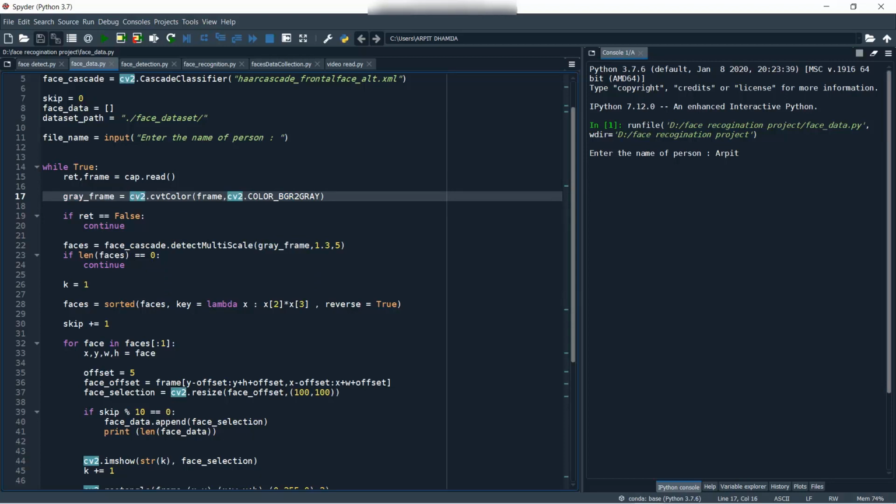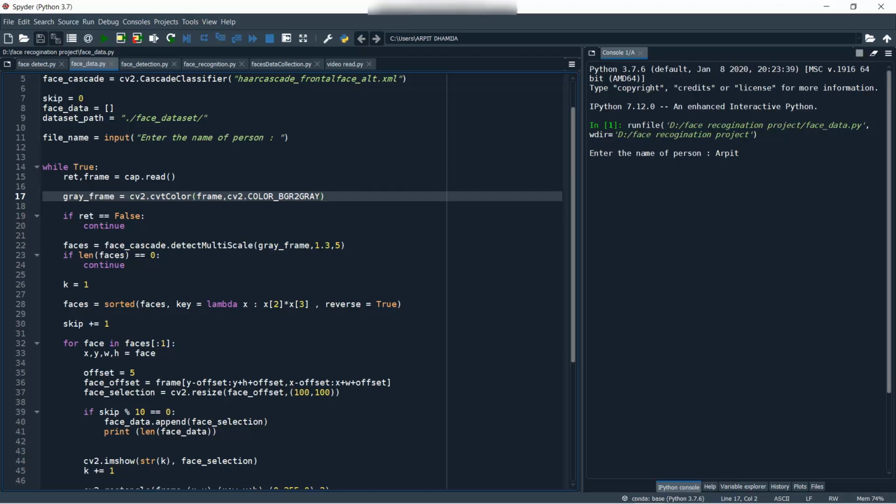Okay, and to convert that we use this type of syntax like cv2.cvtColor, with frame, which is storing our camera feed, and cv2.COLOR_BGR2GRAY. BGR to gray means we are converting BGR, like it means RGB, to grayscale. Okay, so this is the syntax.